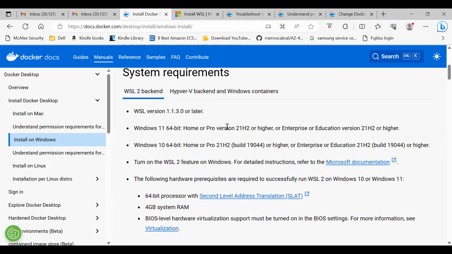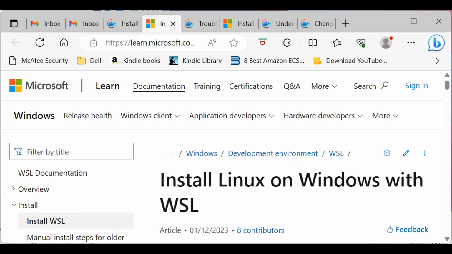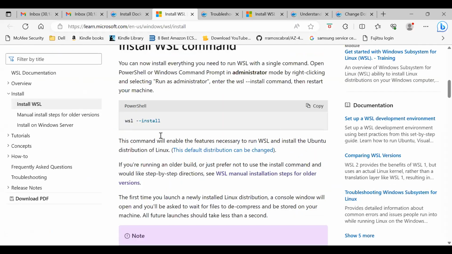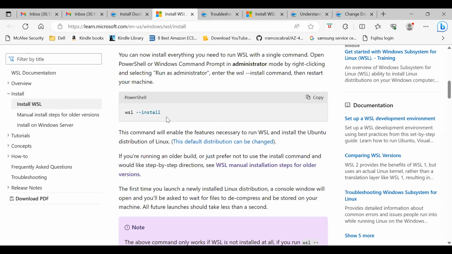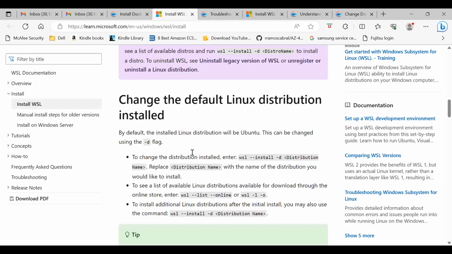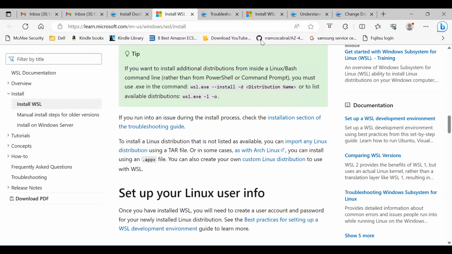If you come here, I have how to turn on the WSL features in Windows Subsystem. I will click this link, and it goes here. You have to open PowerShell and install this. Since I already installed it, I'm not running this command, but if you run this command, it will install it. And once the installation is completed,